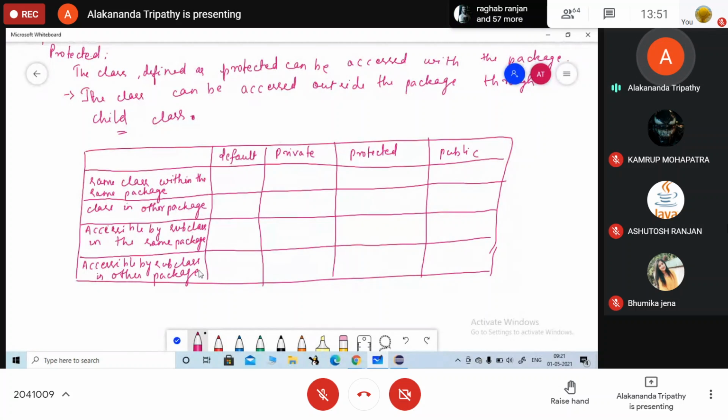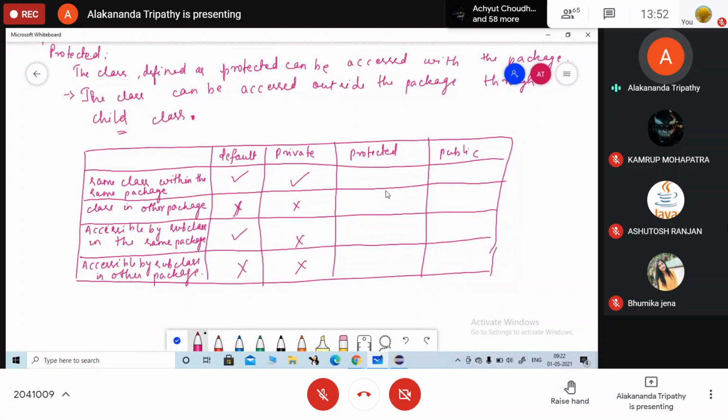If you are declaring a class as default or a method or variable, so same class within the same package. We cannot access the class in other package. Okay, subclasses in the same package. Okay, subclasses in other package, it is not allowed. Then private, only same class.